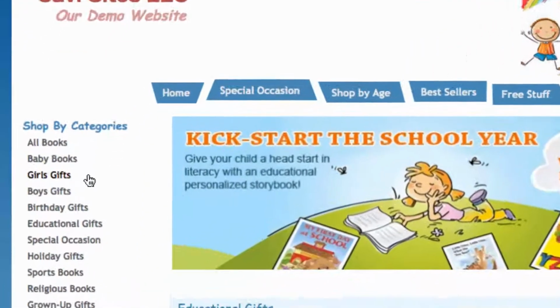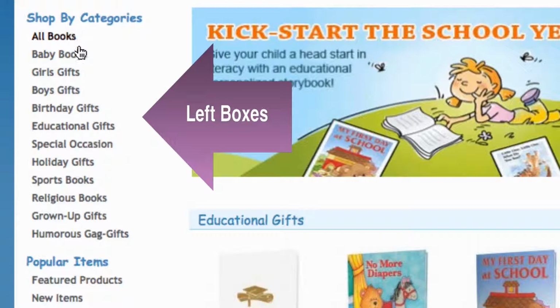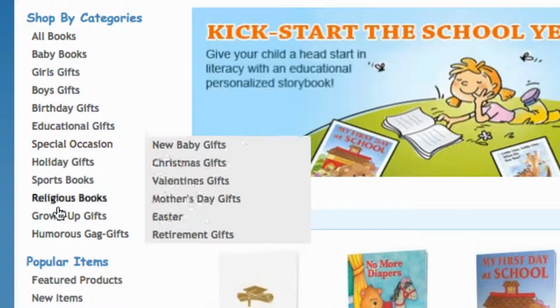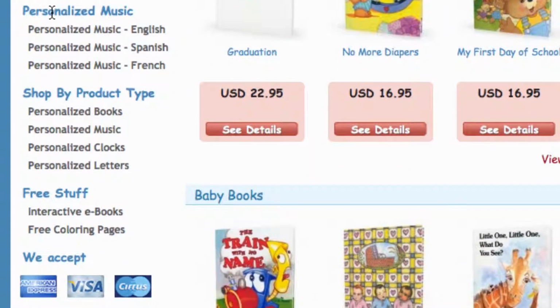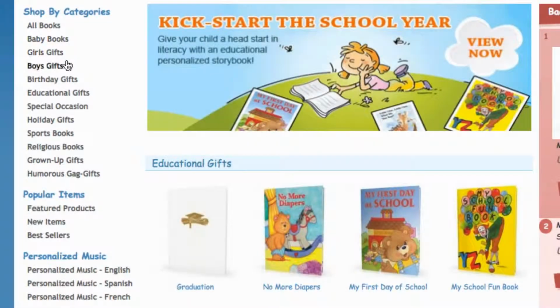On the left side going down, you have the ability to add up to 5 boxes, storefront boxes. Where you see here, I've got shop by categories, popular items, personalized music, shop by product, free stuff. This we accept is not actually a box. This is controlled in the store settings, where you can choose the thumbnails to appear for the payment options. But also you'll notice in these left boxes, you see these submenus, and I'll show you how to build these